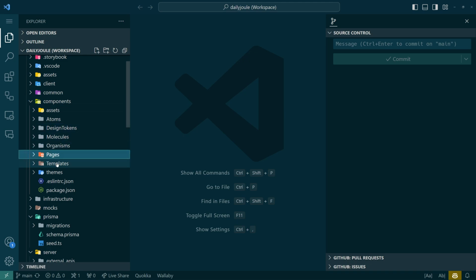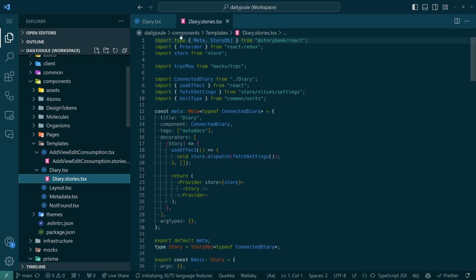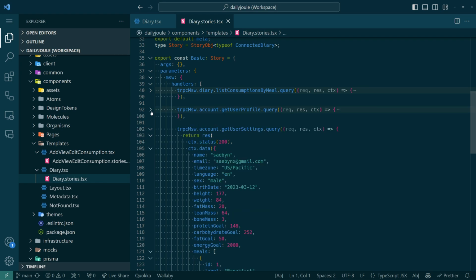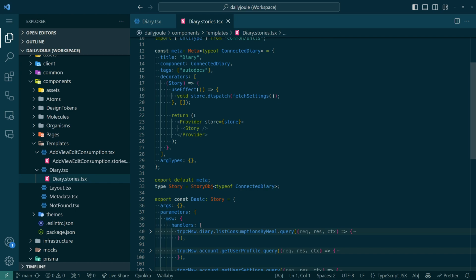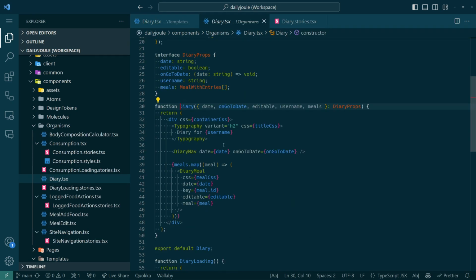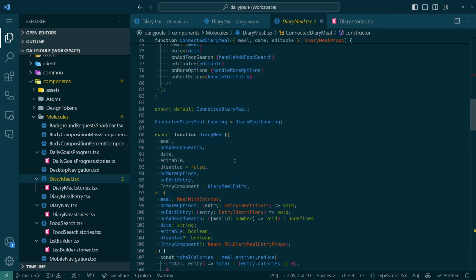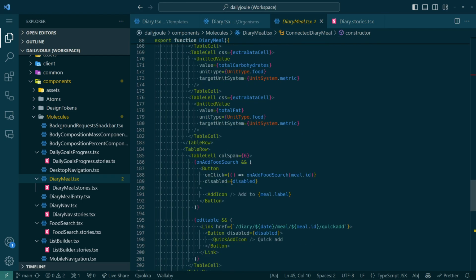Let's see here. So, components, templates, diary. Don't need that side panel. And then diary stories. So we have the story. And the question is, why do we not have... So we have a connected diary component, and then that uses the diary component, which shows the meals. And what controls the availability of the quick add button? Or is that something...